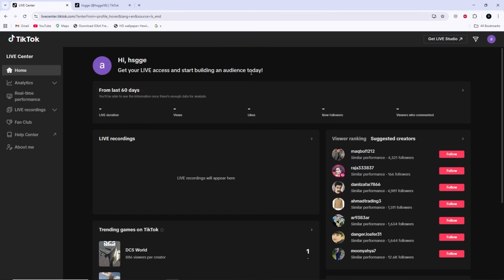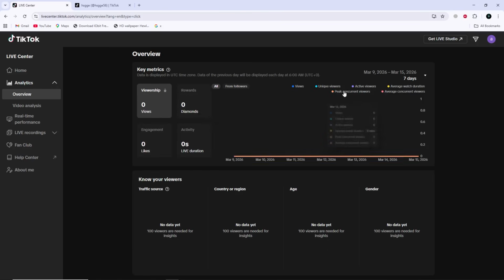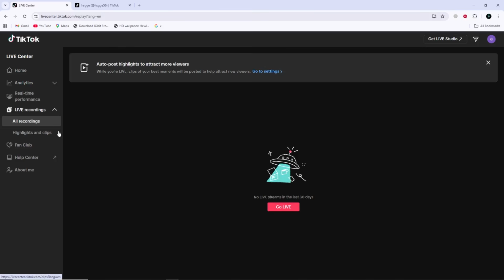You may also need recent live activity. TikTok may require that you have gone live for at least 25 minutes once within the past 180 days. If you receive trial access, you must go live for at least 25 minutes 2 times during your first week to keep the feature. If you already meet all these requirements but still see the access error, you can report